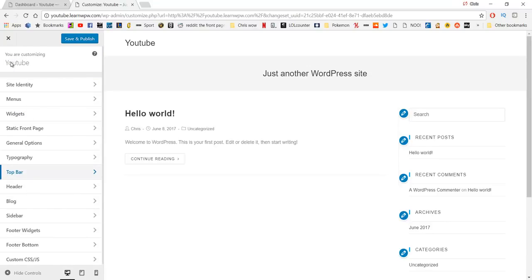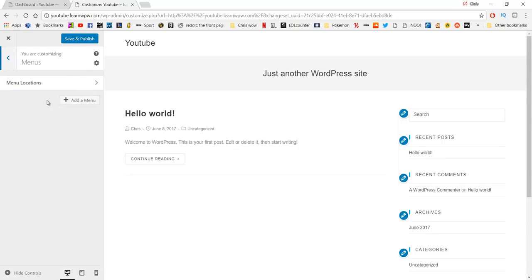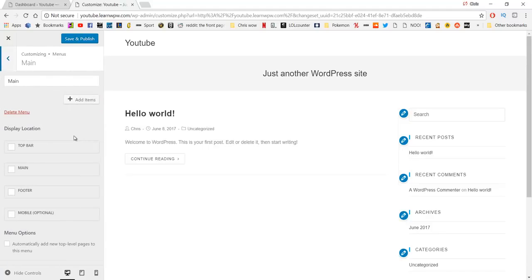Perfect. So now if we go back and back again, and we want to get this navigation menu set up, so we're going to click on menus. And as you can see, we have no menu, so we're going to click add a menu, and we're going to call it main, as it's your main menu. So if we click create menu there,